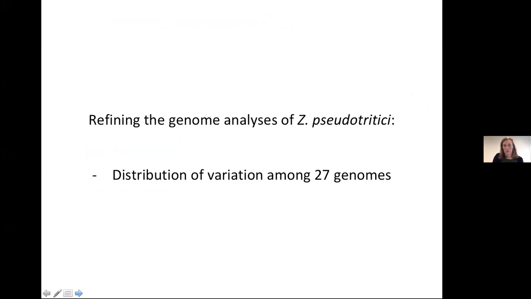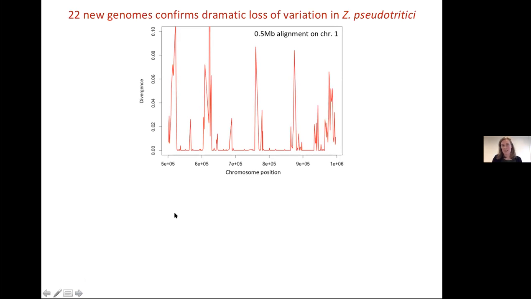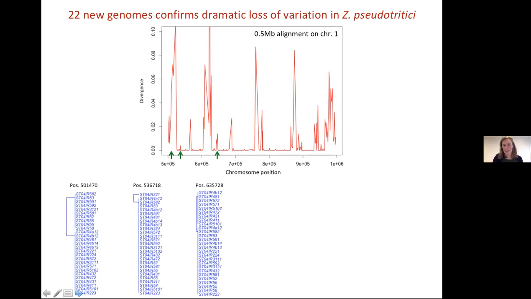So Septoria pseudotridici, this data was, as I mentioned, only based on 5 genomes. Since then, we have sequenced more genomes. Actually, we now have a data set of 27 genomes in total of Septoria tridici. This is a data set that has been lying around for several years, and none of my people are really interested in picking up on this data, because we cannot really add any new information, or very little new information, having 27 genomes compared to having 5 genomes, because we find consistently this